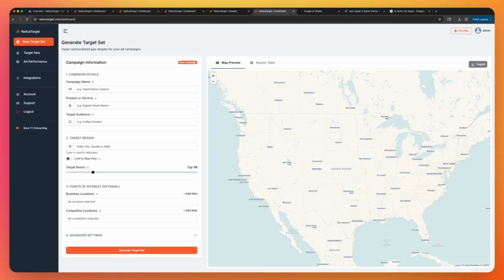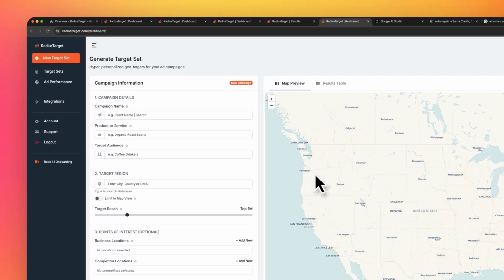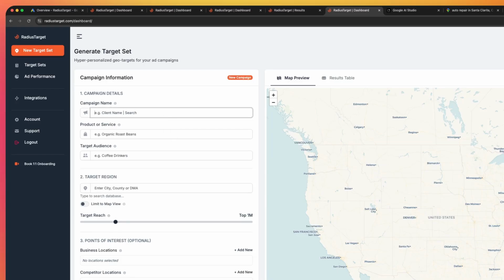Here's a quick demo of how you can use the RadiusTarget platform to create optimal geo-targets for an auto repair shop in under 2 minutes. First, give your target set a name. We recommend a clean convention, so you can use the client name, the geography, the reach, and maybe the campaign name separated by the pipe character. So in my case,